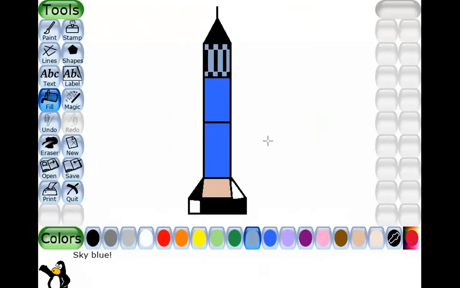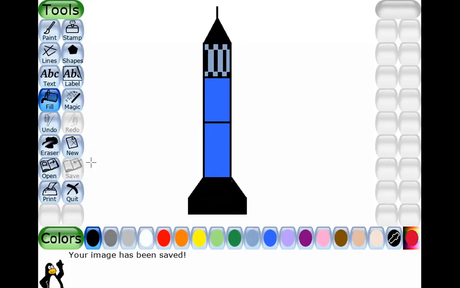So by this you have finished this picture. Again you want to save this picture, then click on the save button here. Another pop-up appeared here, your image has been saved.